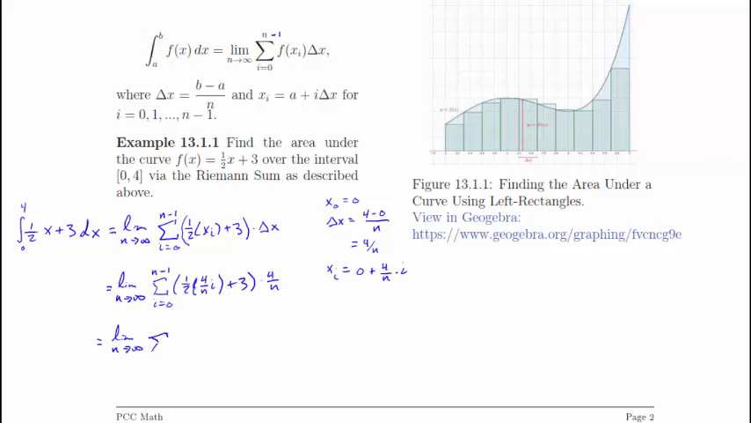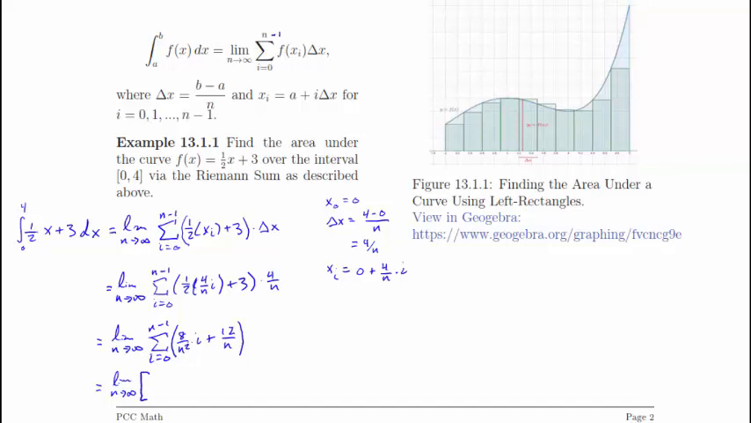So we'll just go ahead and distribute some stuff across here. The sum from i equals 0 to n minus 1 of, when I multiply this in, I'd have 2 over n times i, but multiply it by this, and we get 8 over n squared times i plus 12 over n. So this equals the limit as n goes to infinity of,